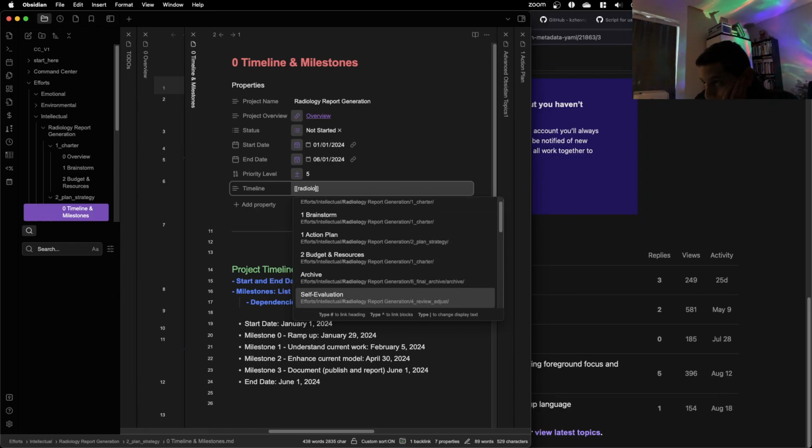What am I thinking? Action plan, overview, timeline.